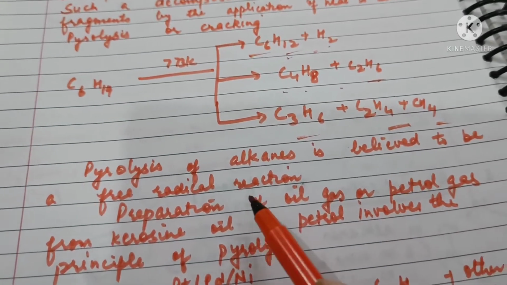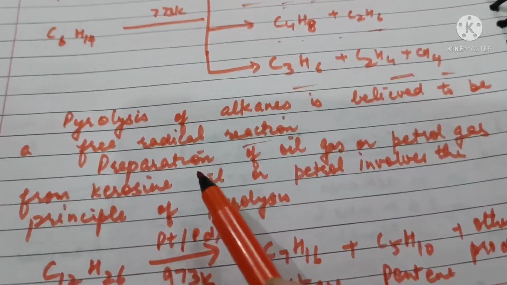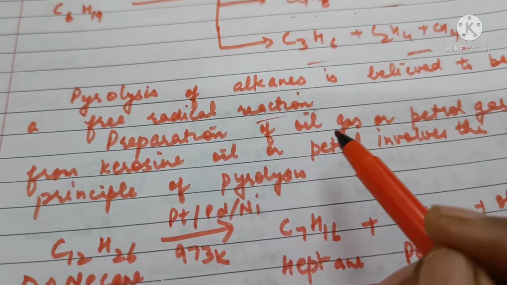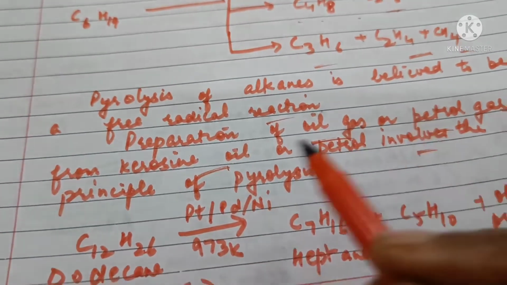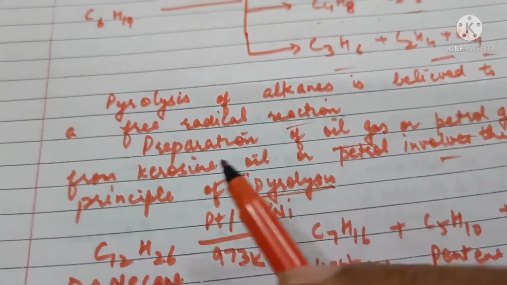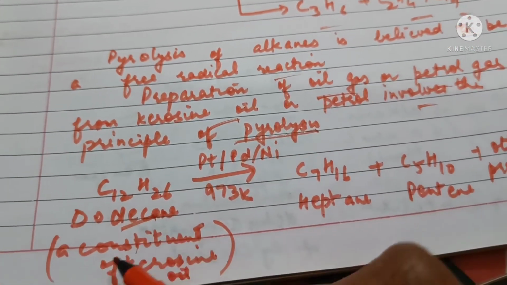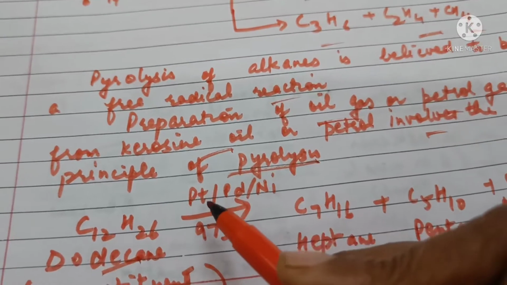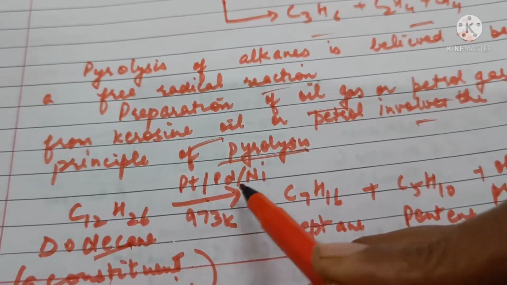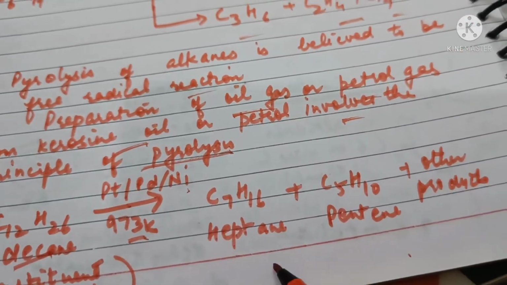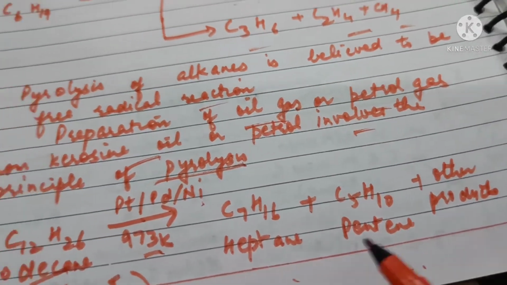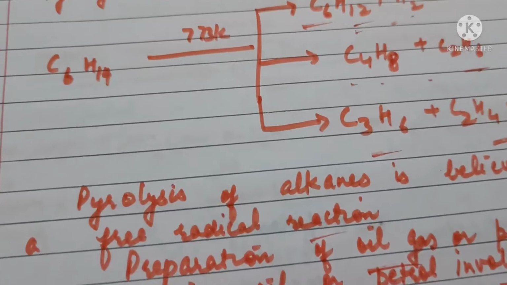Pyrolysis of alkane is believed to occur by free radical reaction. For example, preparation of oil gas or petrol gas from kerosene oil proceeds by pyrolysis. Dodecane, a constituent of kerosene oil, when heated in presence of platinum, palladium or nickel catalyst at 973 Kelvin will form a mixture of heptane, pentene and other products. This is pyrolysis. So that's all in